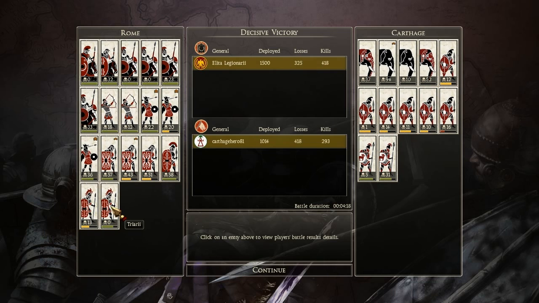I was always dissatisfied with the fact that they were not that useful in Rome 1, but they're much more useful in this. As you can see, if you get them to square like that, with their bonus versus the elephants, same with hoplites getting into phalanx, they can halt those elephants, and you can pepper them with Velites. So if you're facing a faction like Carthage or anyone who's got elephants, Egypt, Parthia, Bactria,